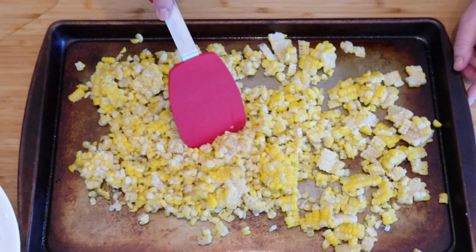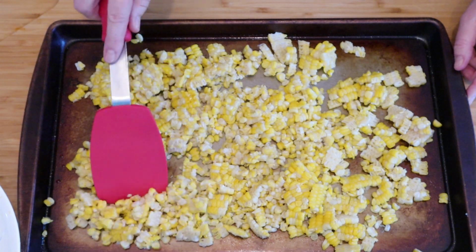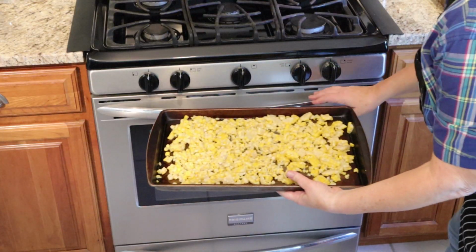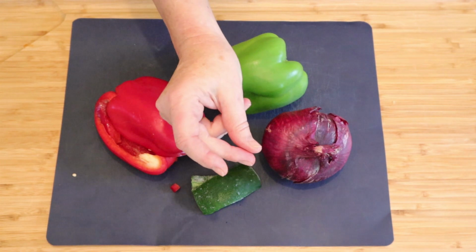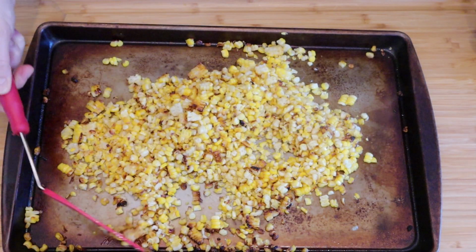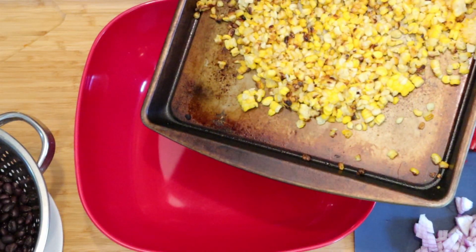This is a perfect seasonal thing for the summertime. The corn doesn't have to be roasted, but it does add a nice kind of smoky flavor to the salad. We want to put this under the broiler and let it toast until it's nice and golden brown. While that's roasting, let's get the vegetables chopped up. Once the vegetables are chopped and we have a nice golden browned broiled corn or barbecued corn, you can put